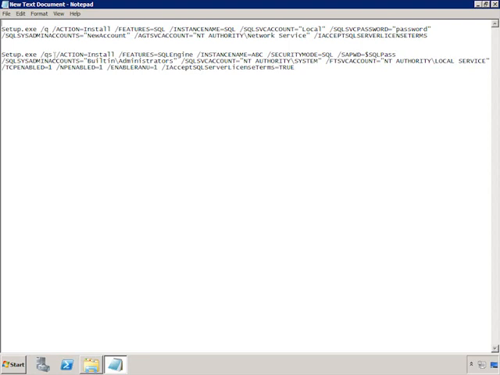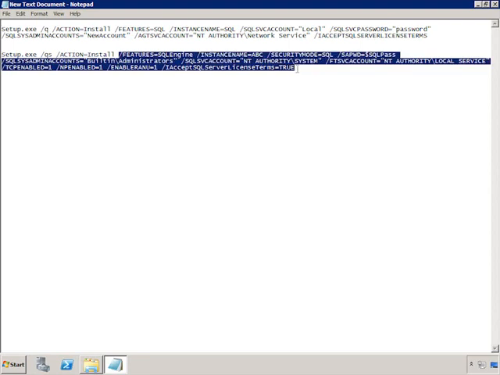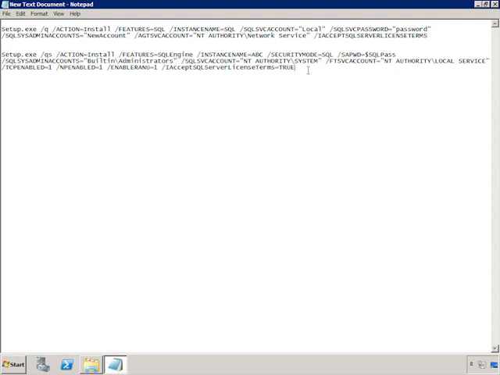So let's just take a look at what this would look like. This is just a very simple command line that I pulled off of the internet. So by the way, don't use these two command lines